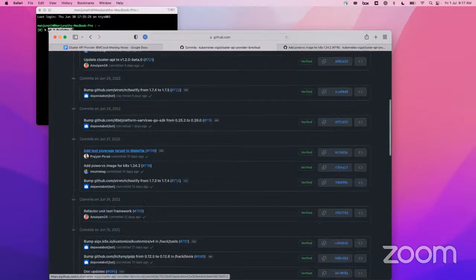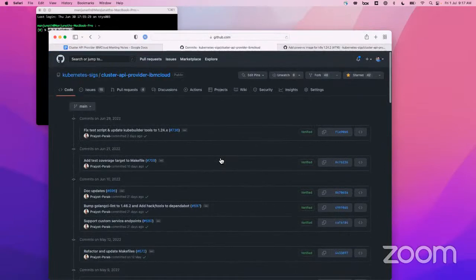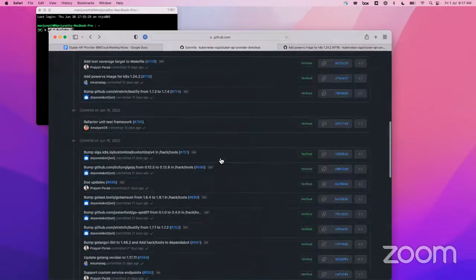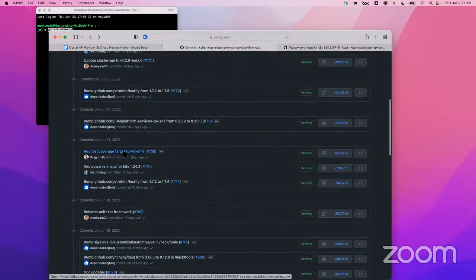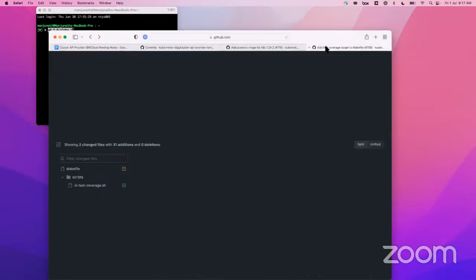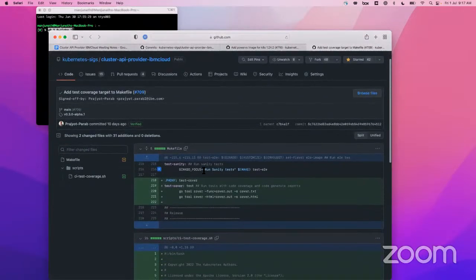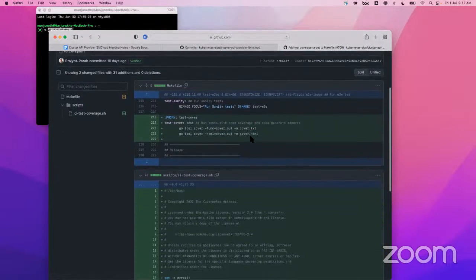And then, yeah, we added some code for test coverage. Want to talk about that, Pradeep? Yeah, sure, Manju. So basically, as part of this PR, we are adding a makefile target for testing the coverage,